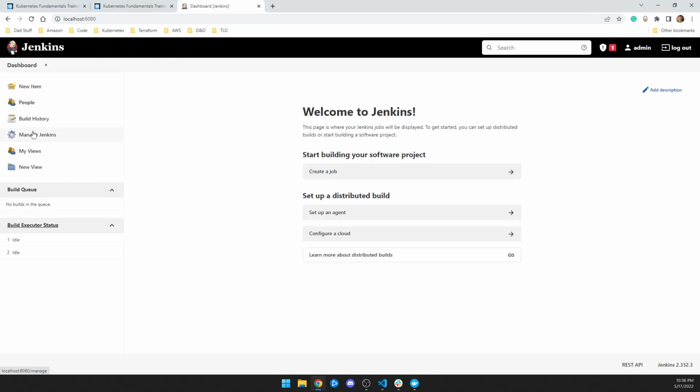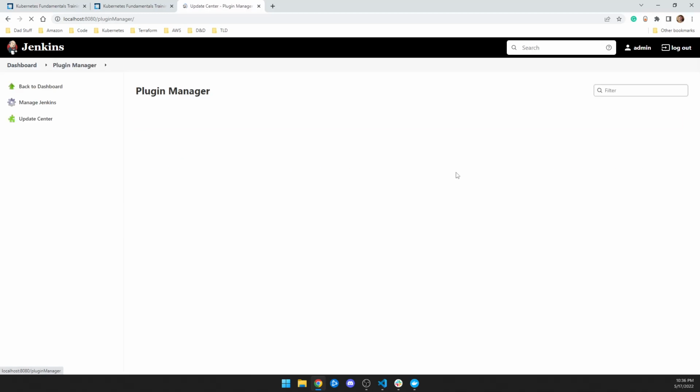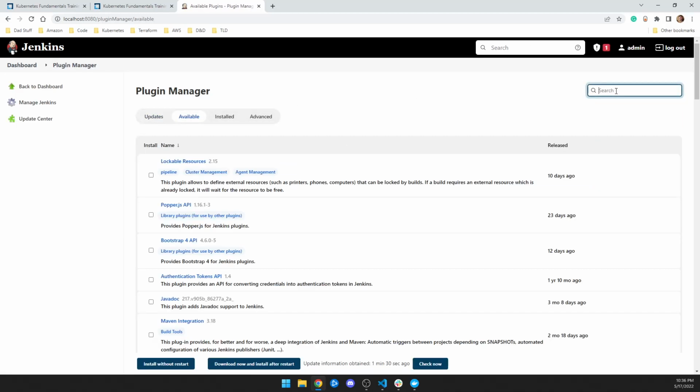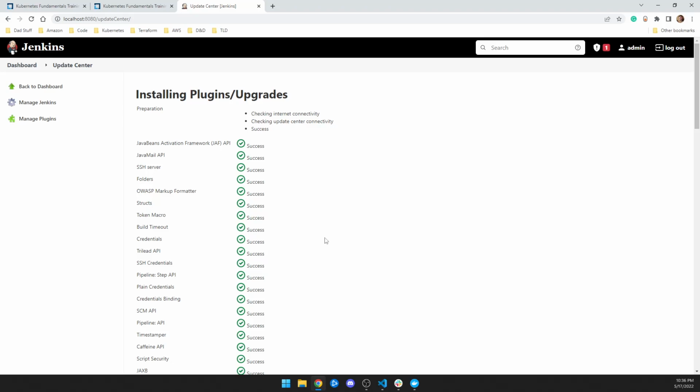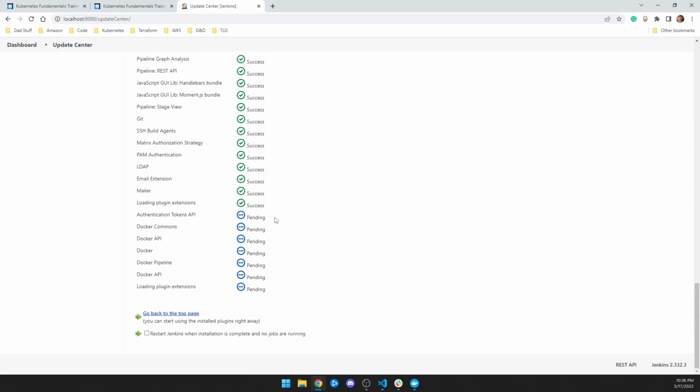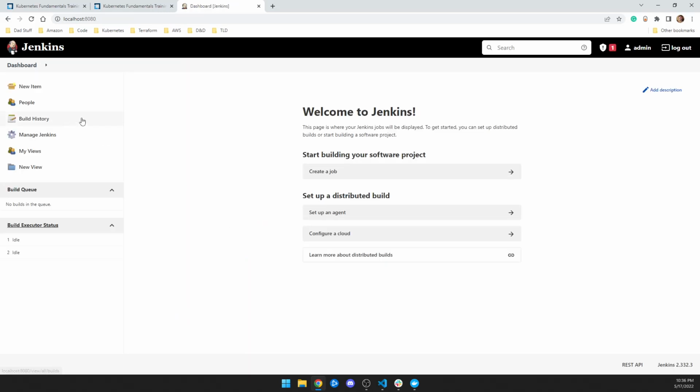So now I'm going to manage Jenkins. I'm going to go to manage plugins, available, search for the word Docker, and then I'm going to check Docker, Docker Commons, the pipeline, and the API, and I'm going to hit install without restart. And you go down at the bottom and it'll say pending, and then these will all go to success. Go back to the top of the page, and we're ready to go. So now that you have your plugins installed,